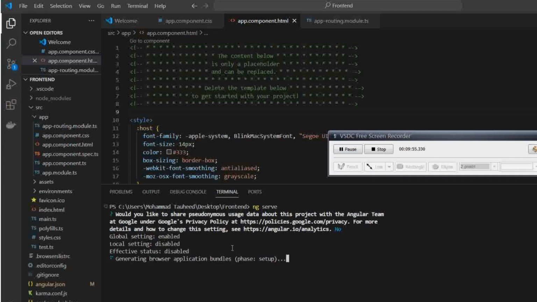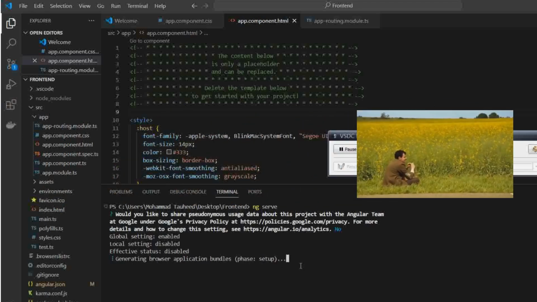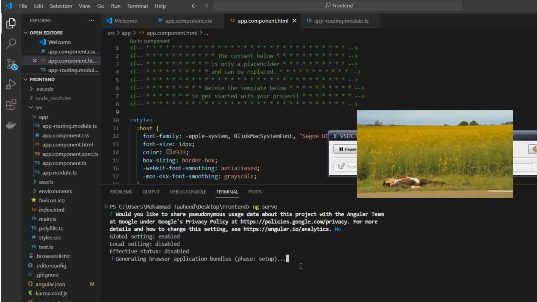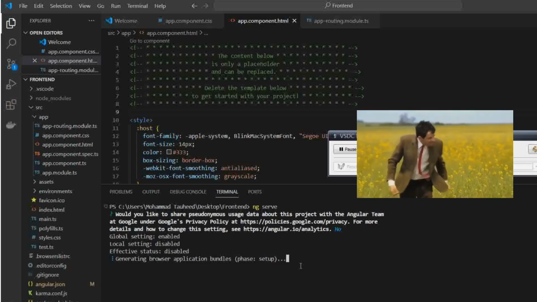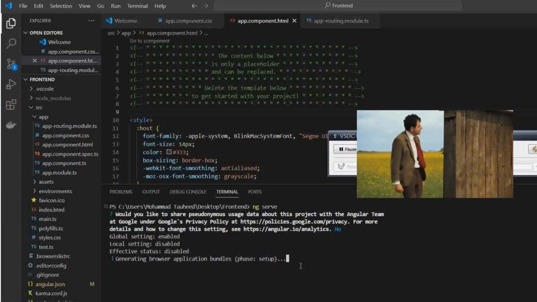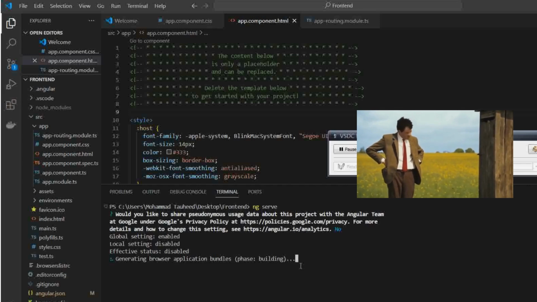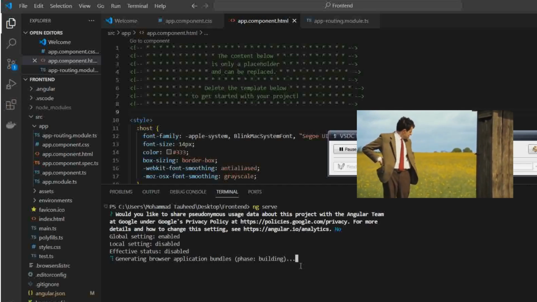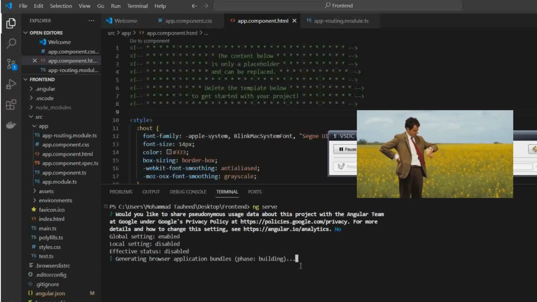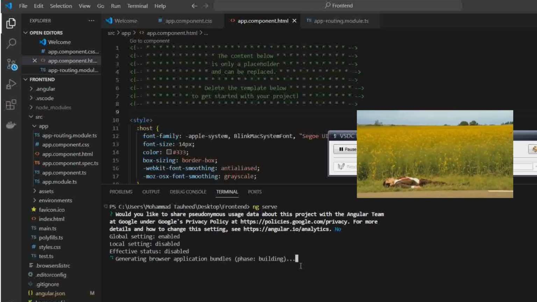It's generating our browser application using some bundles of Angular. It's in the setup phase and it's generating. It will take some time. It takes much time, I should say, because you will find that there are multiple applications and files present in the node_modules folder. That's why it takes most of the time, and it will take some more time. It's generating and building our project,